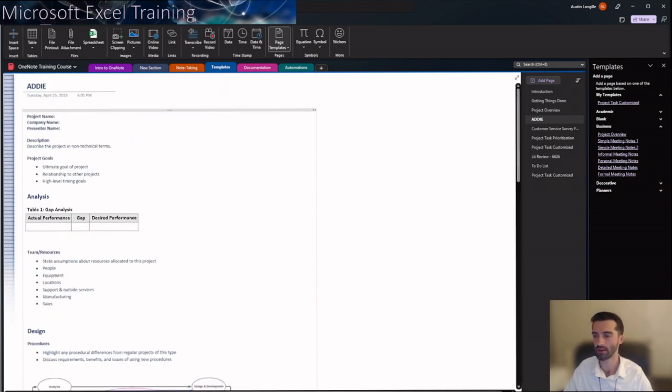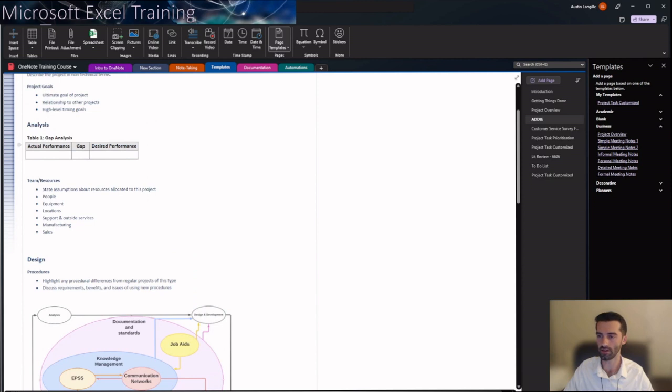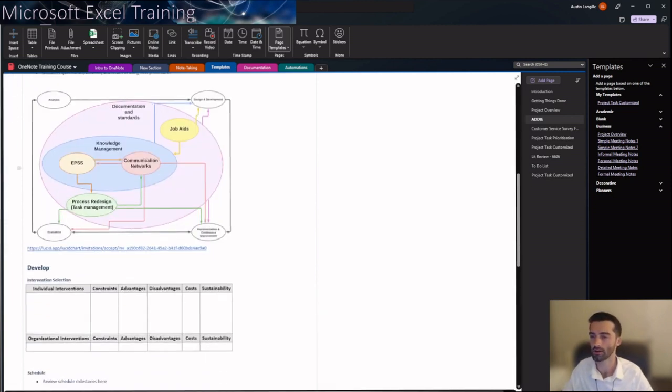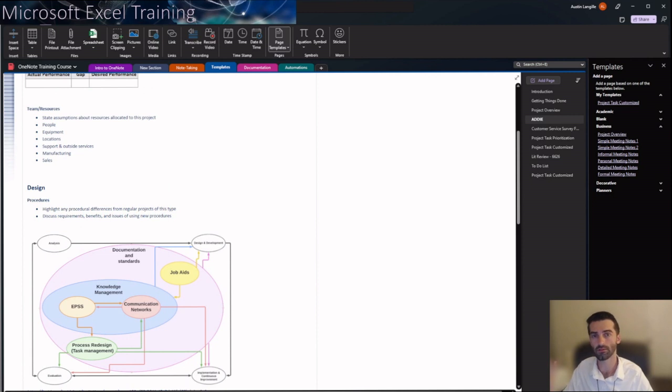But from here, I'm able to input information based on the description of the project, and then I go into the analysis, doing a gap analysis from the current performance compared to the desired performance, and talking about the team resources, which was part of the default